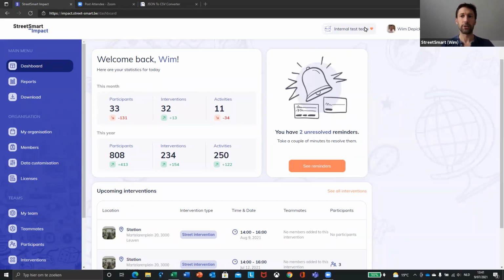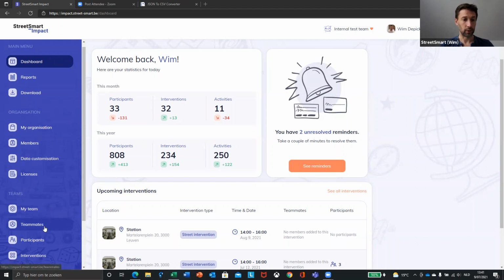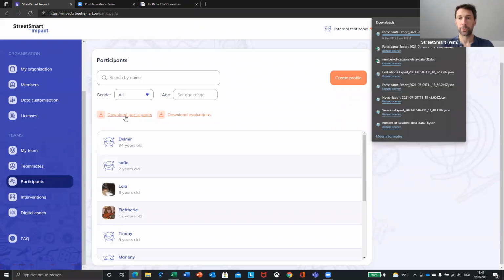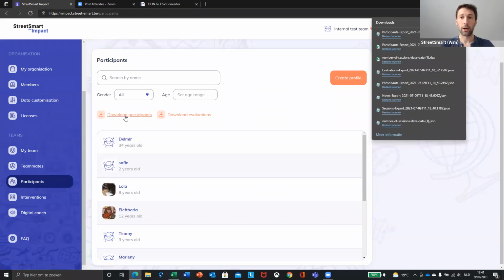So actually the easiest way to do it for the profile data is to use the online tool, which I showed the last time. I will now take you step by step on how to do it, so you will see that it's quite easy to do and that you can then go forward again, like I showed in the previous video. So first step, again, is to download the data. So we go to our participants and we download the participant information, which contains all the profile fields.